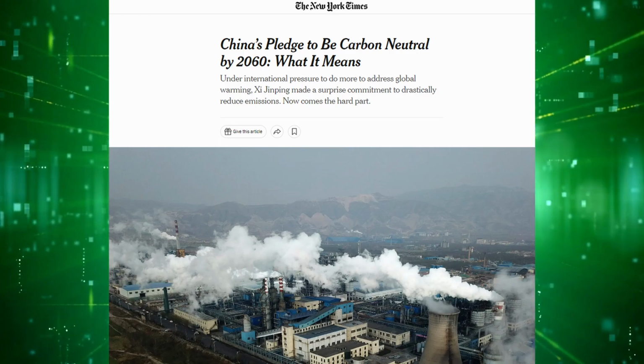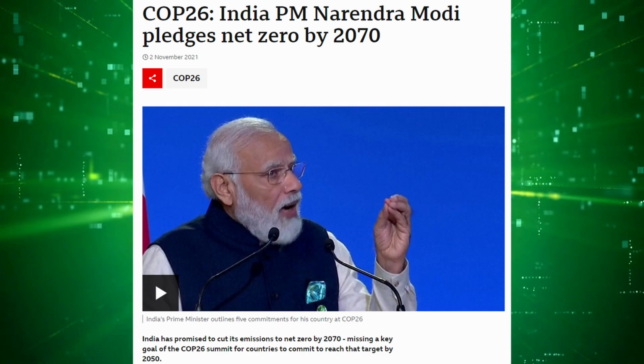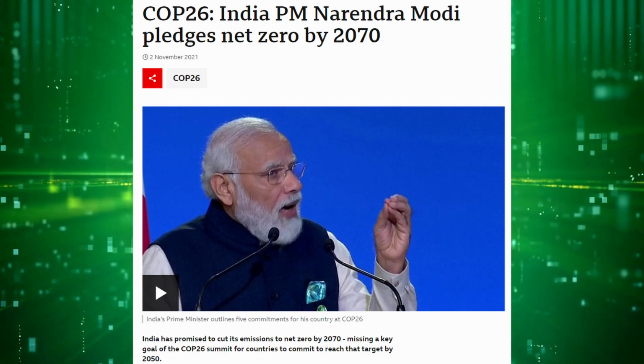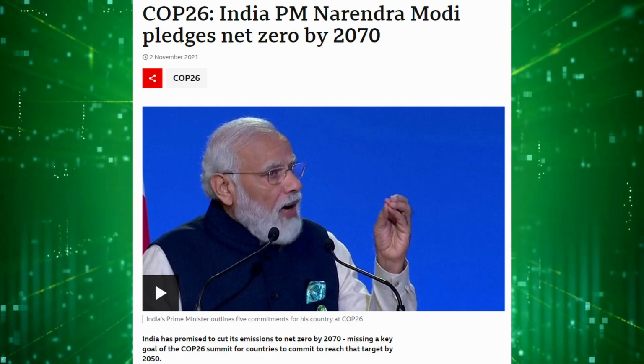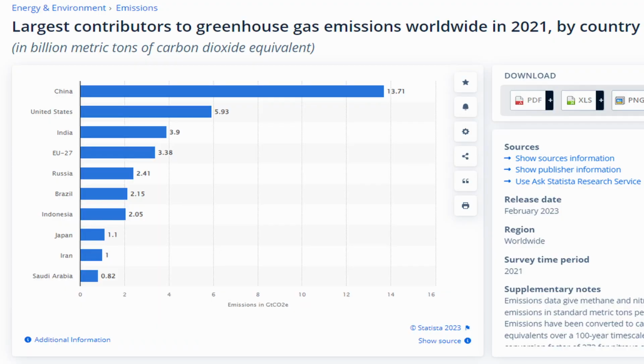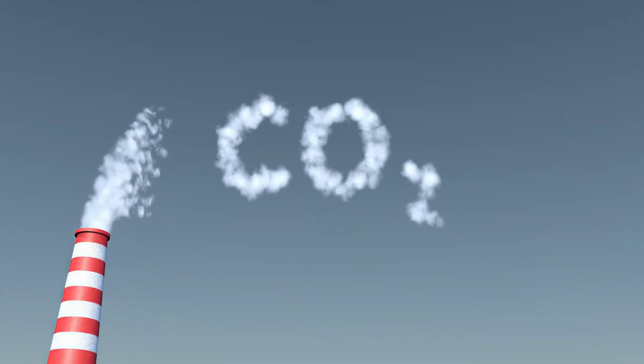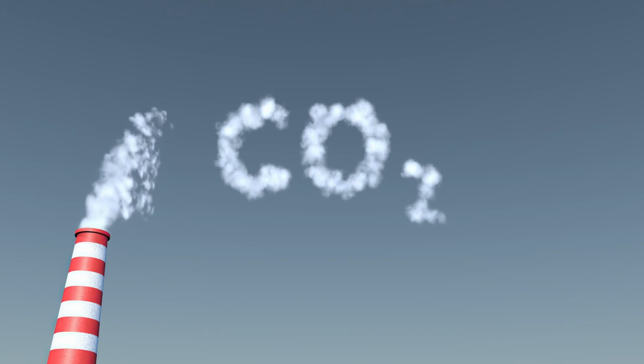When we hear about China committing to reach carbon neutrality by 2060, or that India pledges to do the same by 2070, you might be asking yourself, how are these countries possibly going to make that happen? China and India are already the first and third largest carbon emitting countries on the planet, respectively, and they're still developing economies. Well, one of the possible methods they can utilize is establishing compliance carbon markets,